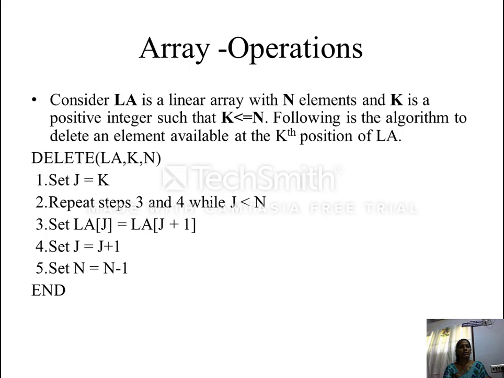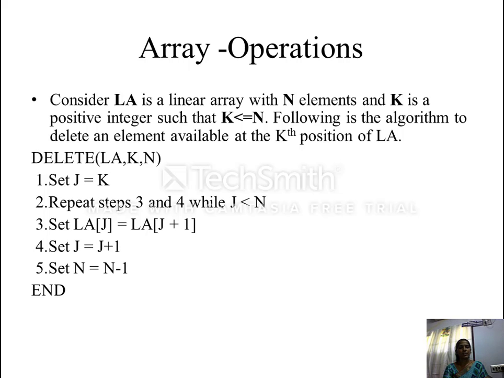And we are going to see the deletion operation. For deleting an element from an array, we need the location in the array. So the location is mentioned here as the k variable. So it is stored in the j temporary variable. And here for deleting, the values from the position to be deleted have to be shifted to the left hand side so that we can get the array with the deleted value.